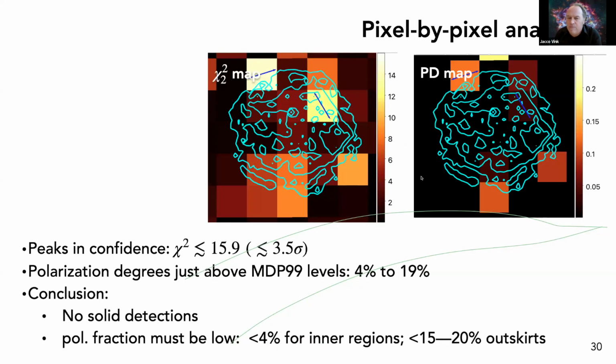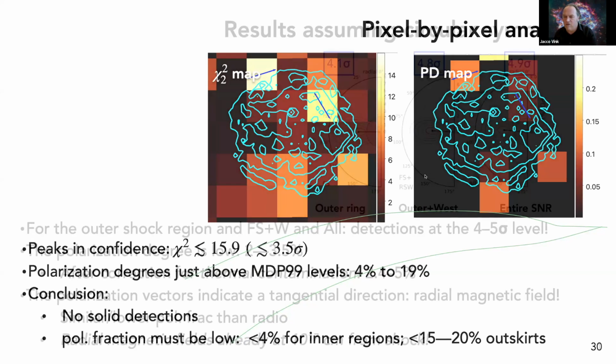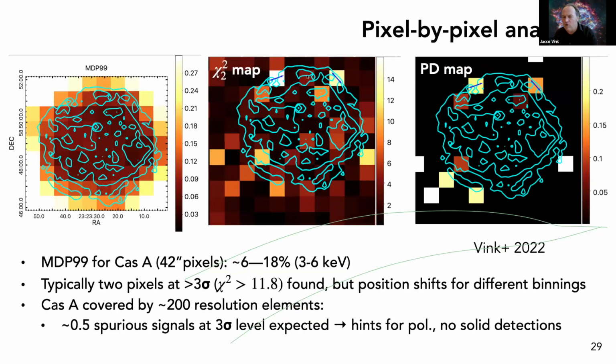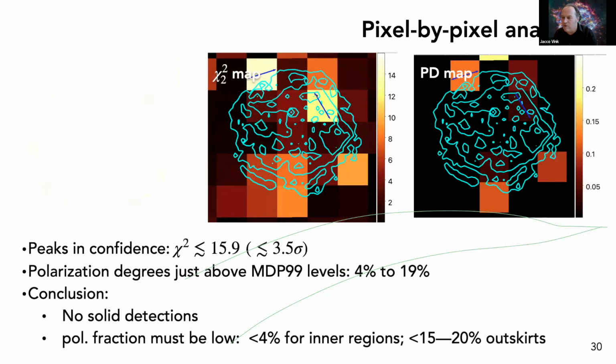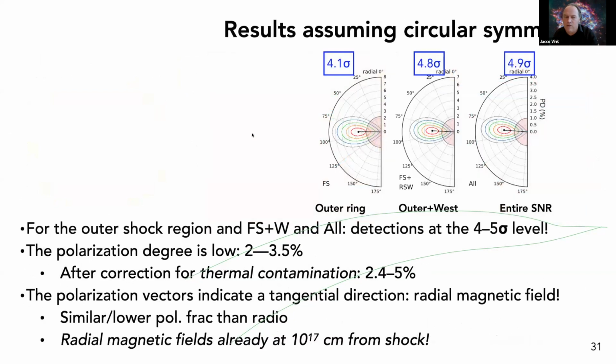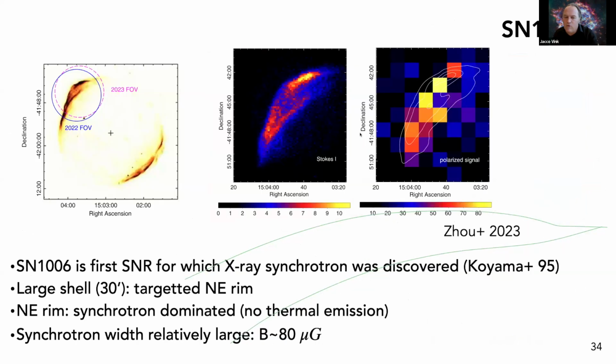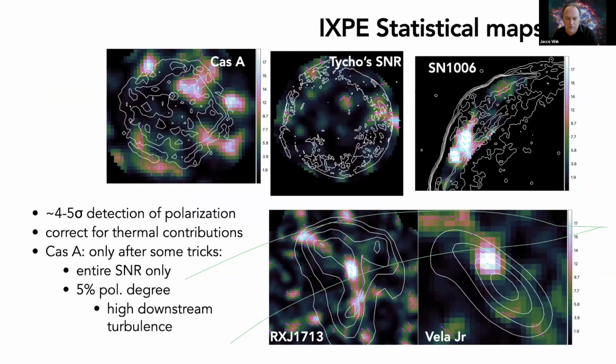Now, I skipped this slide. Here we have 2 hotspots. This is one particular binning, but if you bin a little bit more coarsely, you see that you get emission from here. This is probably reverse shock related. And if you look at something that I did later with the smoothing technique, here it is. It looks like this whole region is non-thermal, highly polarized. So you see both the forward shock and the reverse shock. This could be a spot where the reverse shock is important, and this as well.